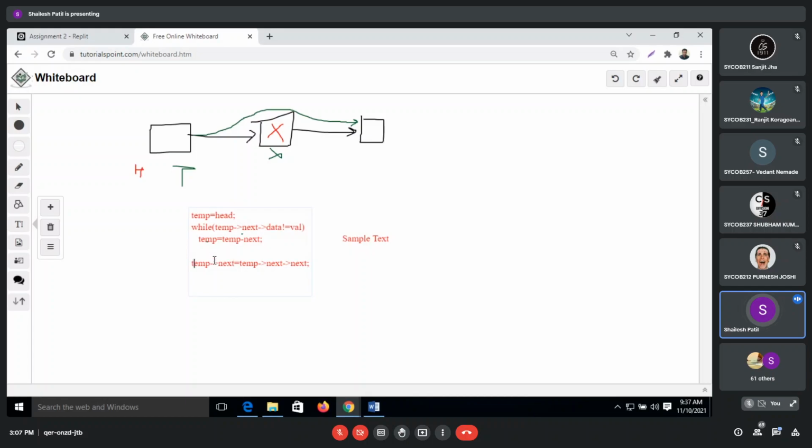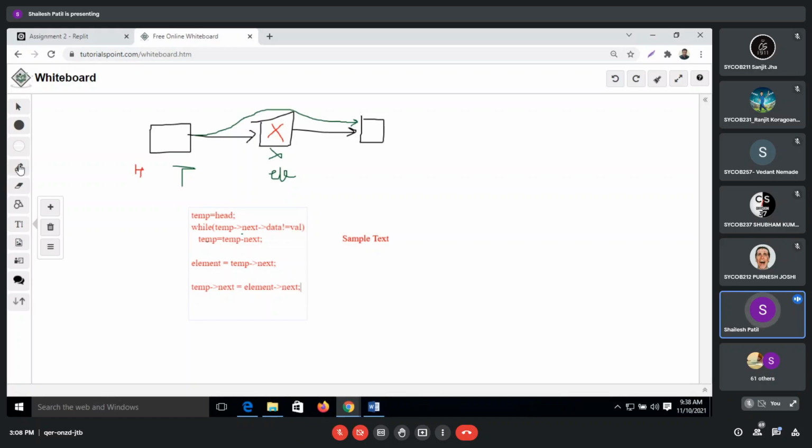Otherwise, we can do it in a simple way. Element is equal to temp next. Now my temp is pointing over here and my element is pointing over here, because element is equal to temp next. Once I have element, I will make temp next equal to element next.